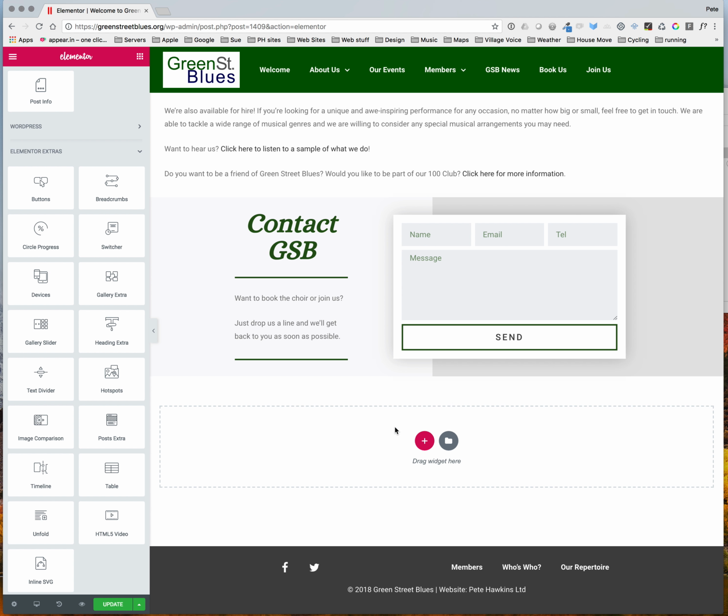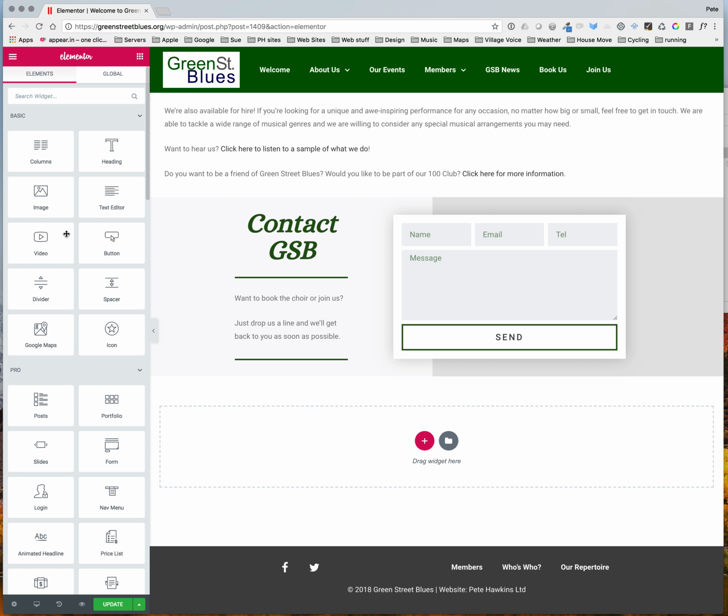This is the only section which doesn't appear on the front page, obviously, and it enables you to add a different section, an element to the page. Let's, for example, say we wanted to add an image. So over at the top here,